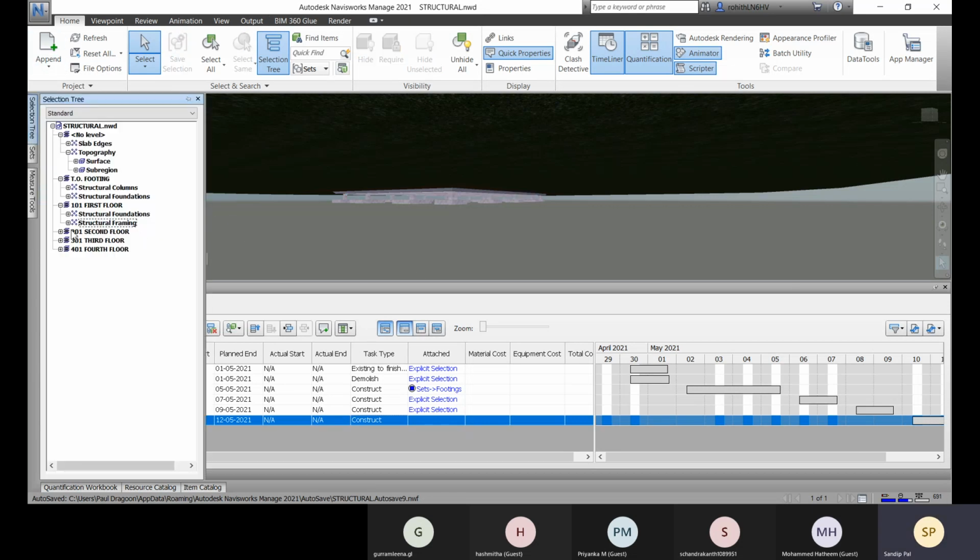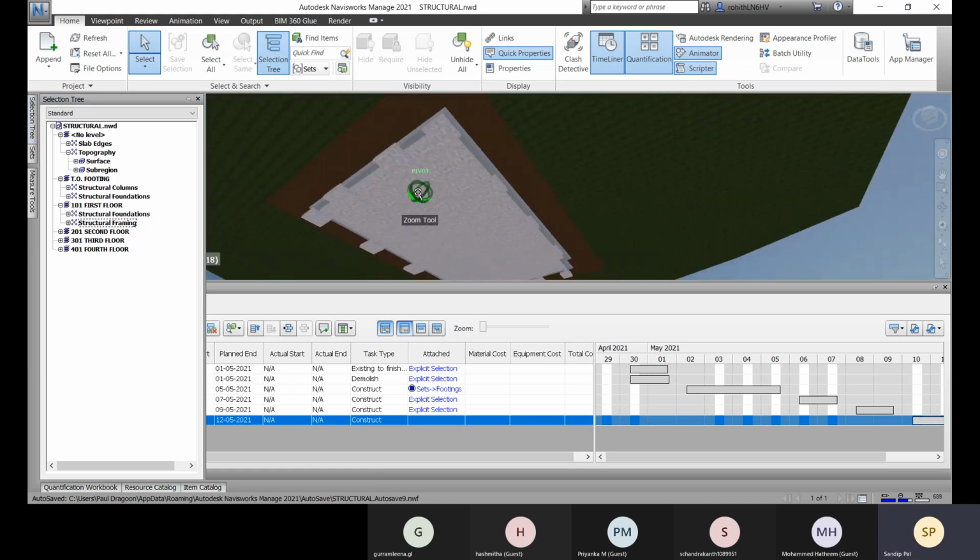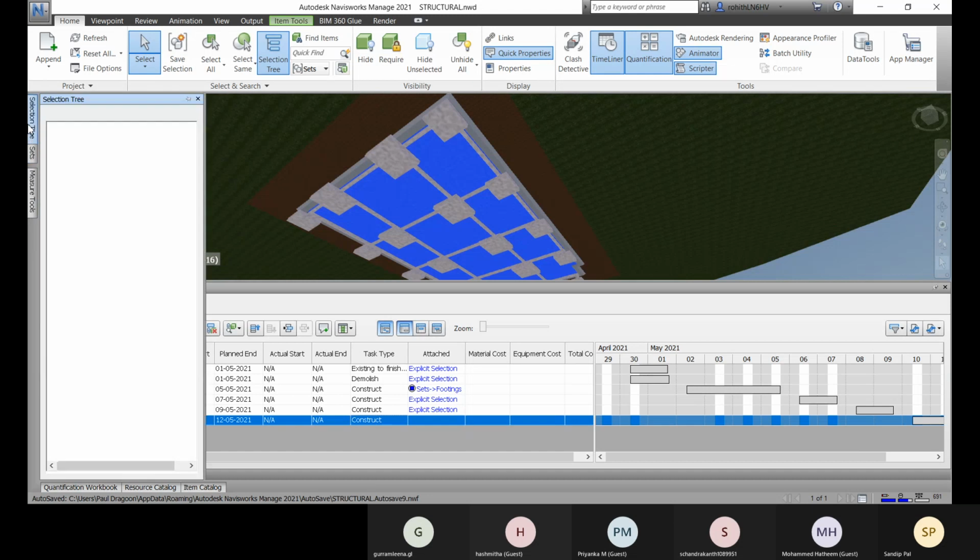Selection tree and there you have this foundation slab.